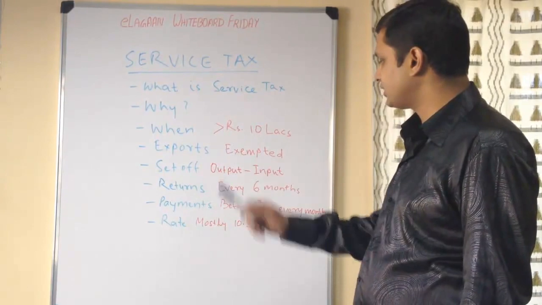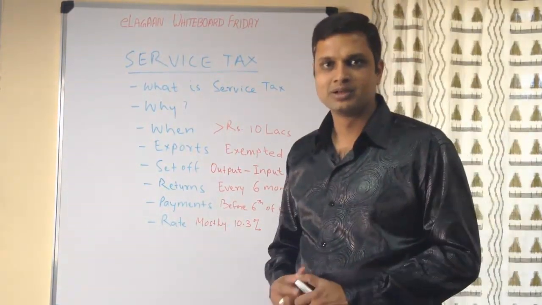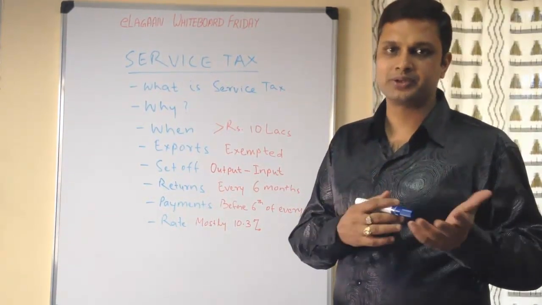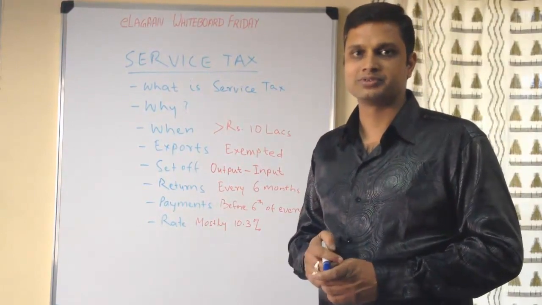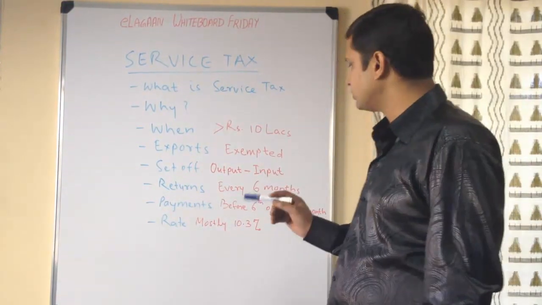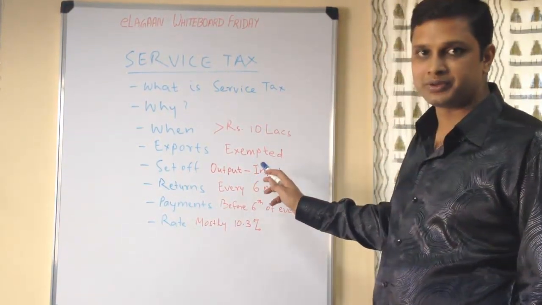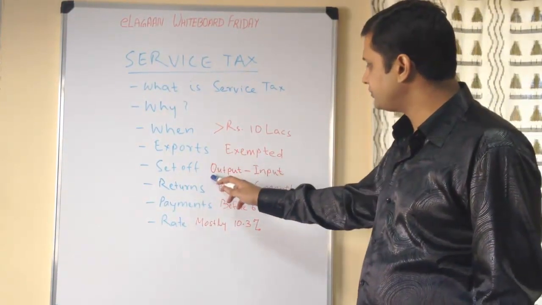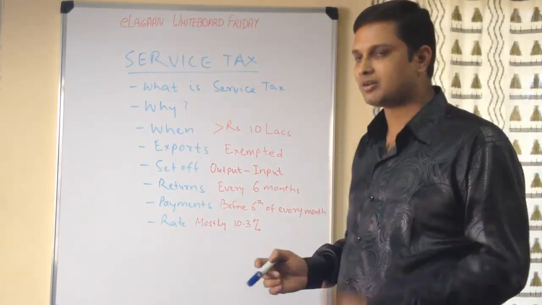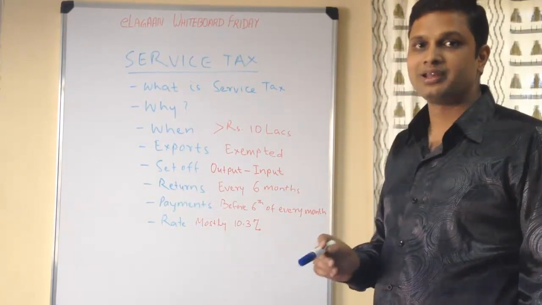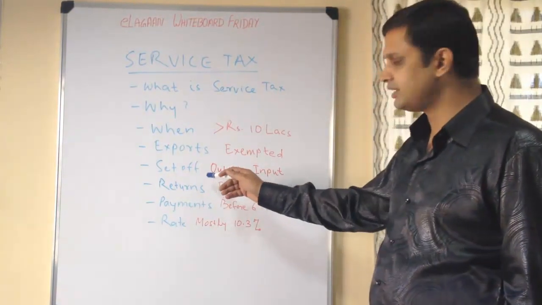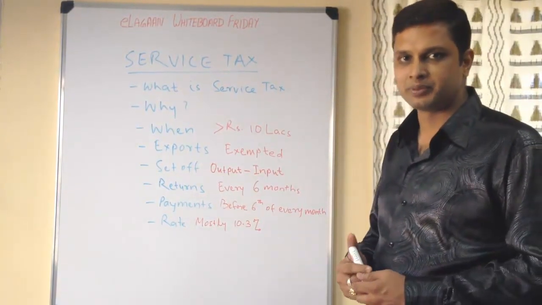Next comes set-off of service tax. Set-off is a concept where you offset the service tax you collect from your clients against the service tax you pay to your vendors, for example, any service provider whose facilities you are using, which could be as small as a telephone service or an internet service. Those services are called input services, what you pay to your various vendors. Whatever you collect from your clients is called output service tax. The service tax allows you to set off these, that means output minus input, and only the difference has to be paid to the government. That's what set-off is. This gives very good relief where you have a high input service cost.